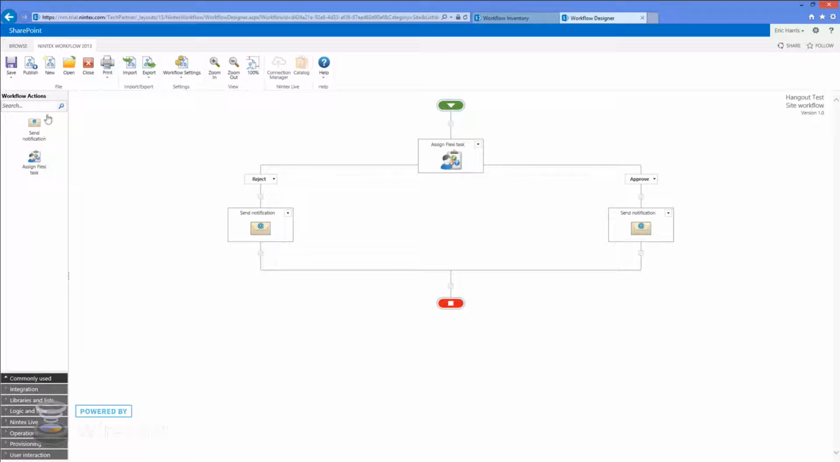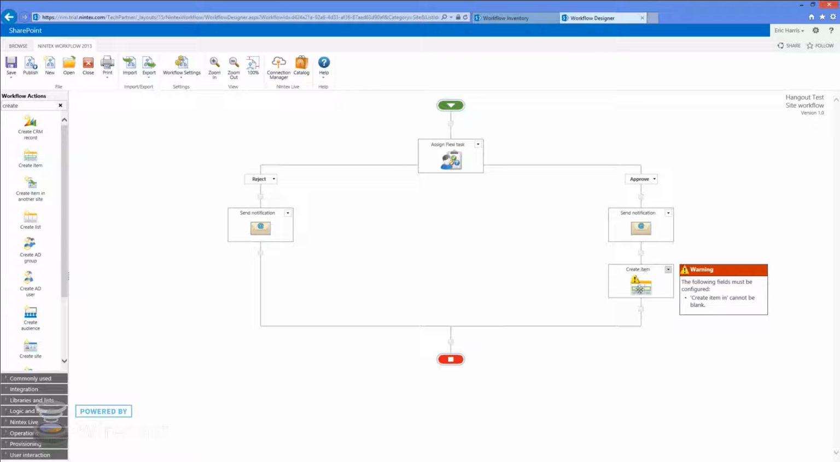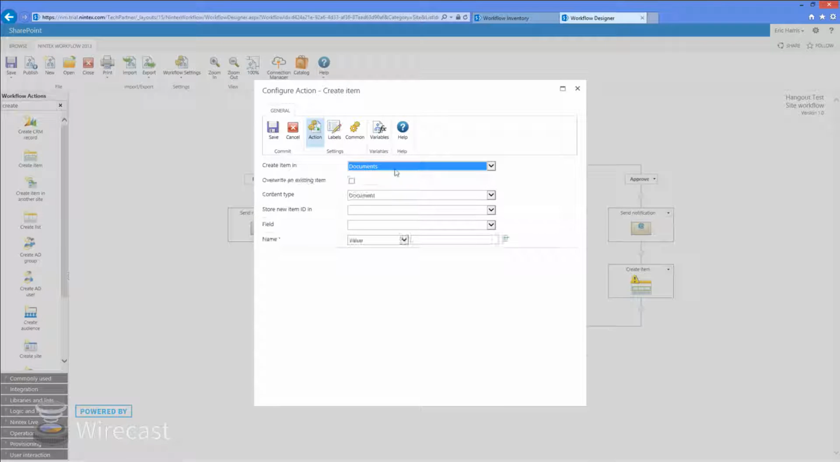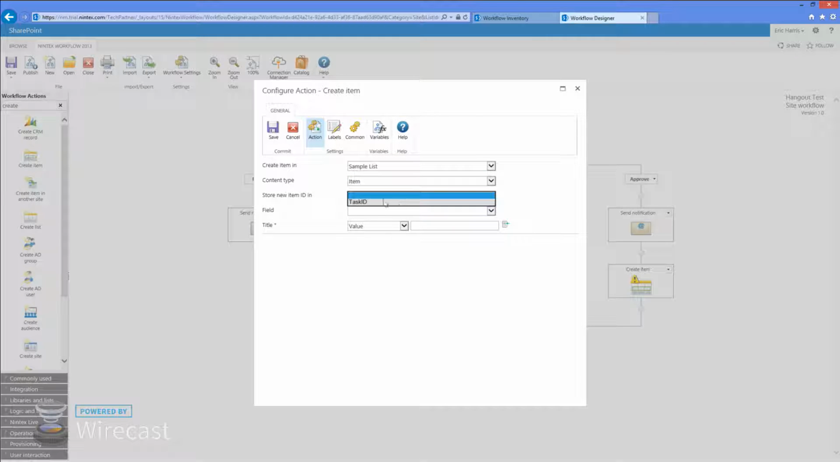I want to create an item in a list. That's what I want to do. Create item. So if it's approved, create the item. I want to create an item in my sample list here. I can store the ID as, I'm going to start as this. Field title. I want the title to be called, let's see here. I'm not passing through anything, so I'll just call this Hangout,